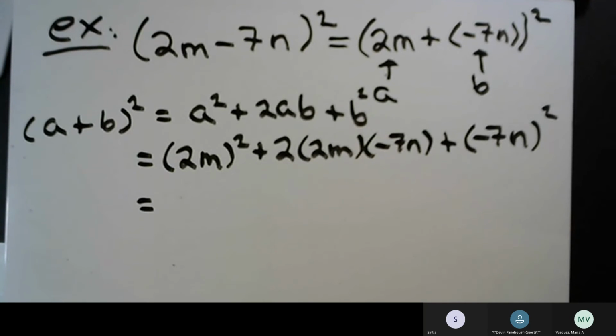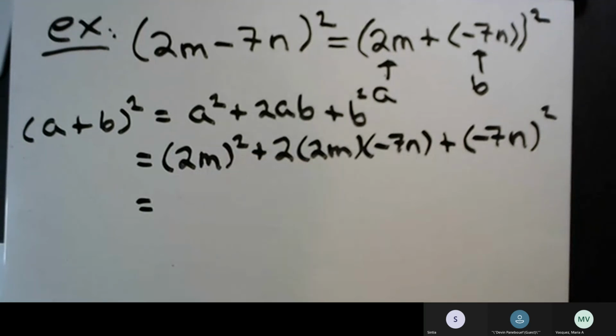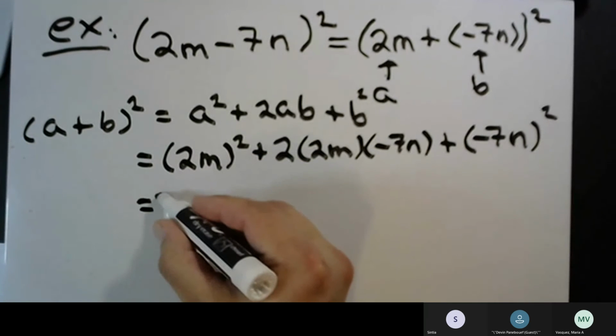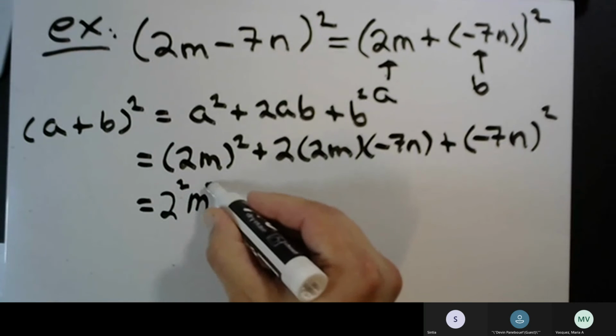Any questions so far? So if we distribute this exponent to each of those terms, we'll get 2 squared m squared